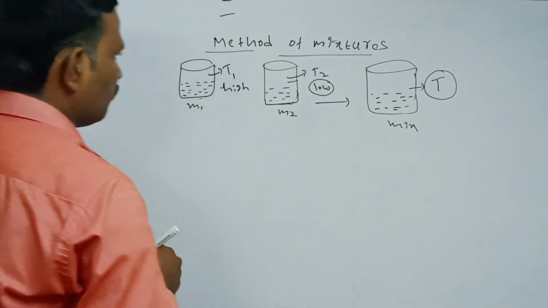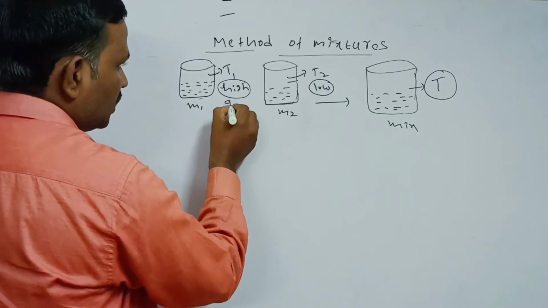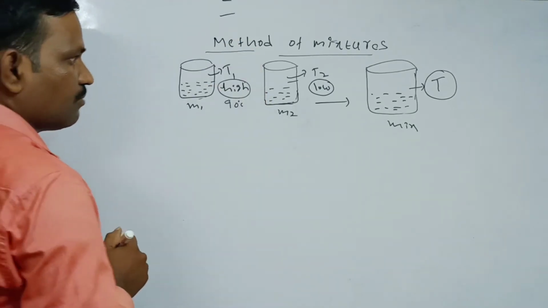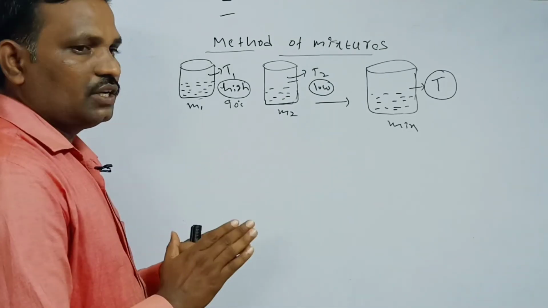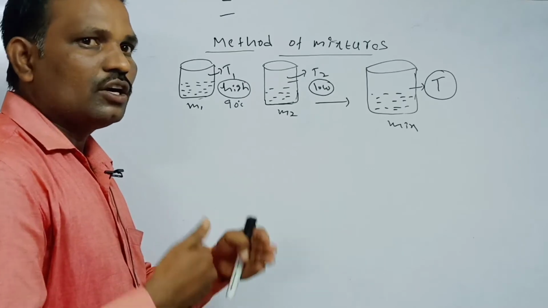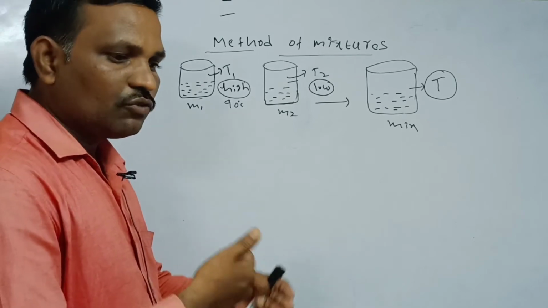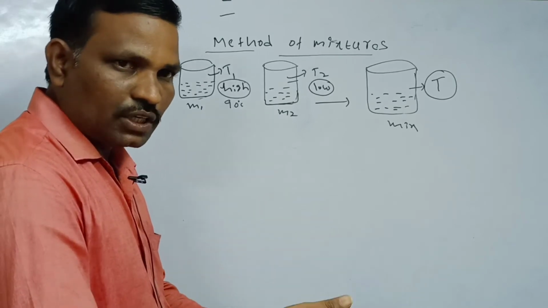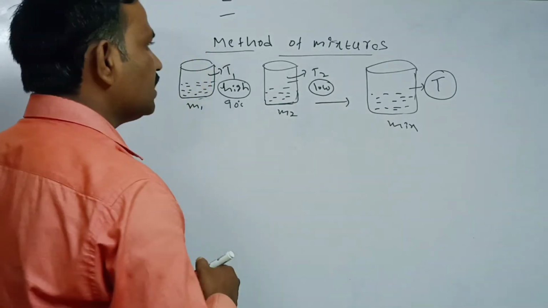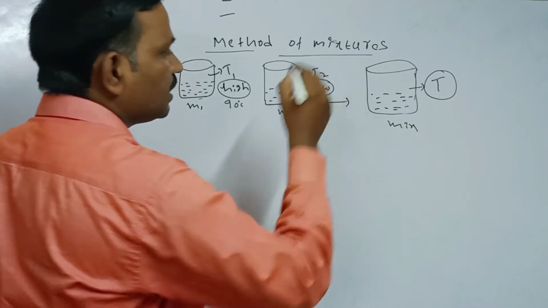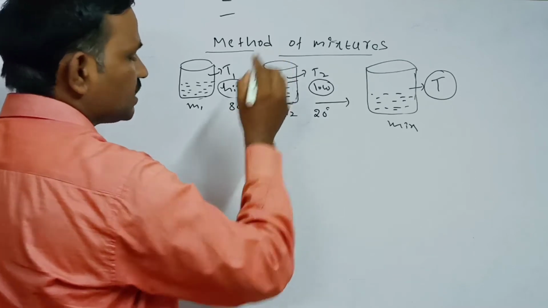So just one example. Here I told you hotter body means higher temperature, for example, 90 degrees Celsius. In order to understand this, I will tell you one example. Suppose we want to bathe, what will we do? We will boil the water. After boiling the water, we will mix the boiling water with the tap water. Of course, tap water will not be at 0 degrees Celsius. It will be at 20 degrees Celsius. And the boiled water temperature may be 80 degrees Celsius.